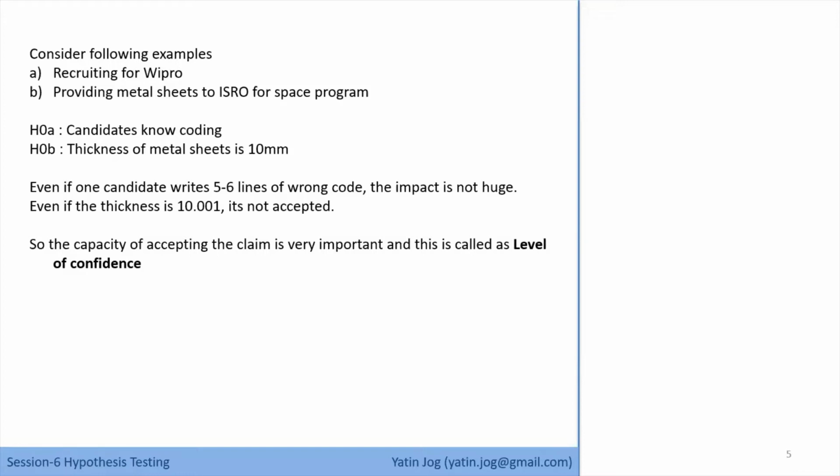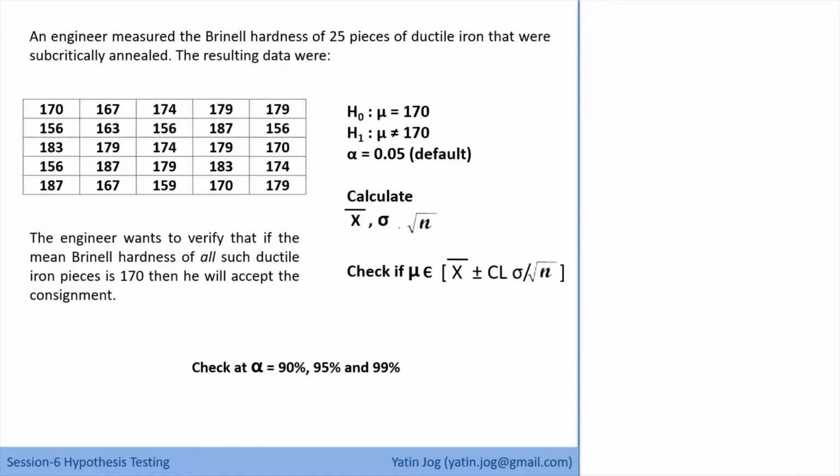And if the confidence level is 95%, your significance level comes at 0.05. Because when I say 95%, I need to check if my data is significant at that level, 0.05 at least. So if my significance level is crossed, say it is 0.06, in that case I have to reject my H0. I'll come to that part with p-value analysis, but this is the main idea of the term confidence level. Now, suppose this is a problem.